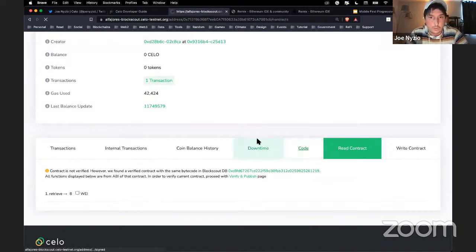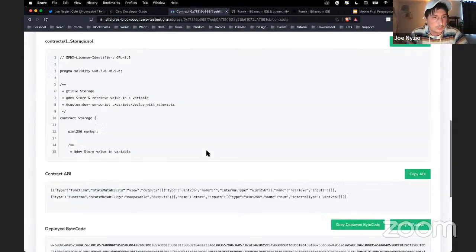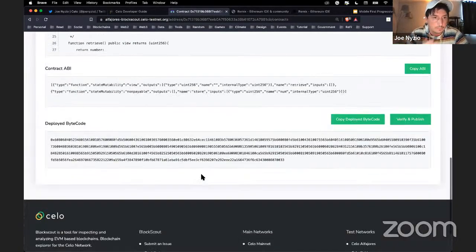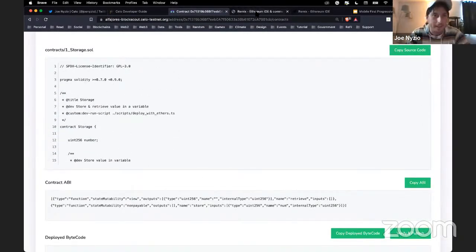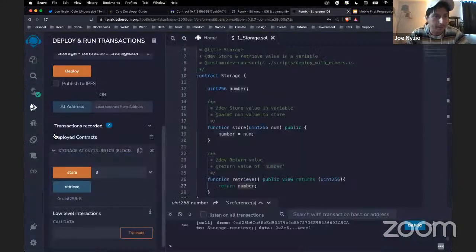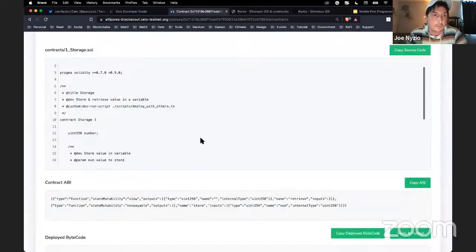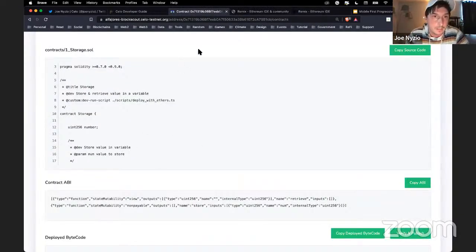If you go to code, you'll see here, it shouldn't be, but it's here already. If it wasn't, you can get this plugin called the Sourcify plugin, and then you would verify your contract. That's what allows it to show everyone what's going on in Blockscout. Sorry, I was surprised by that. Kind of lost my train of thought there.